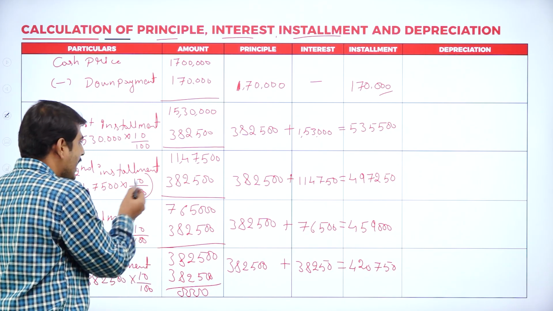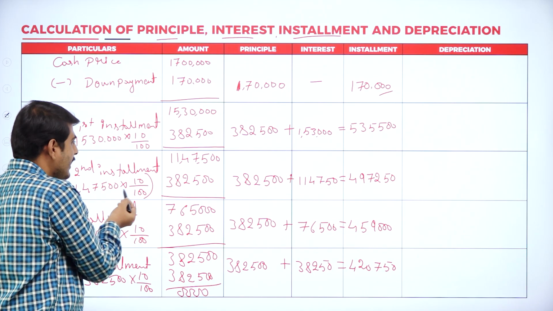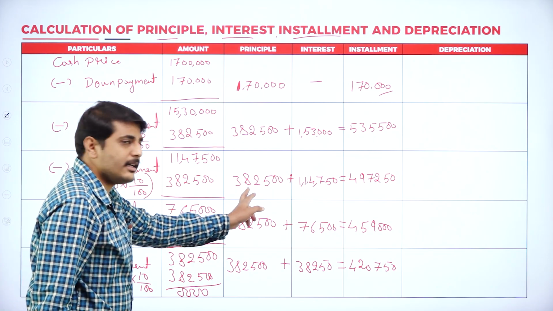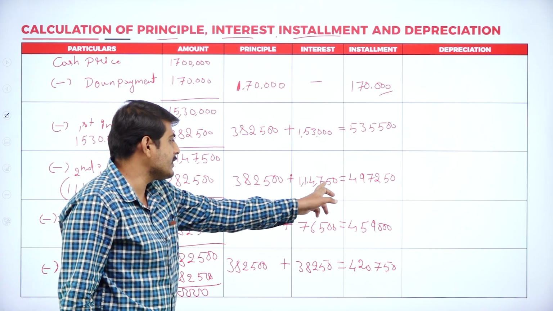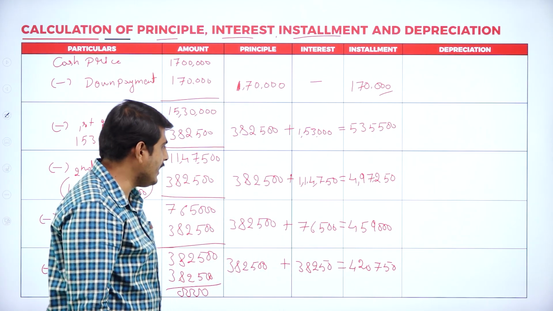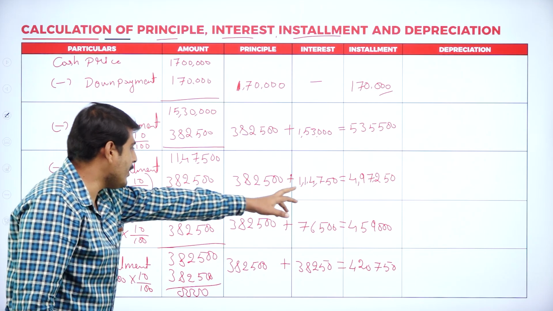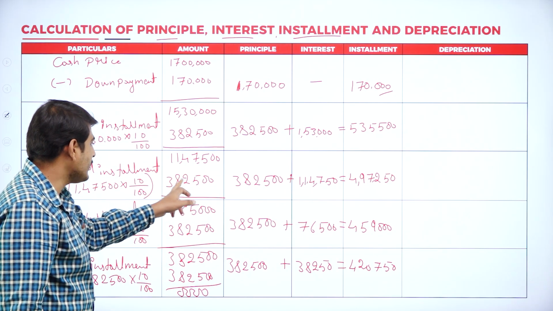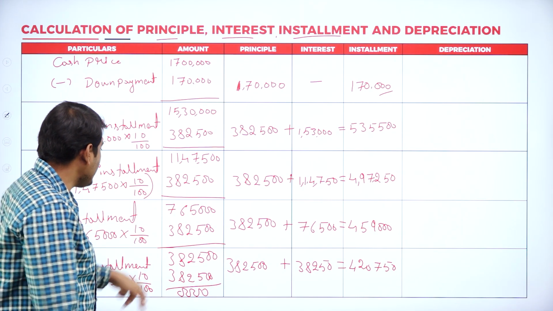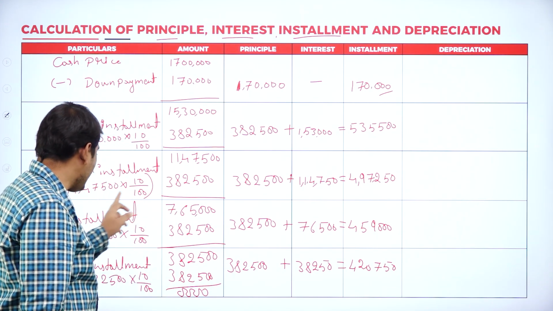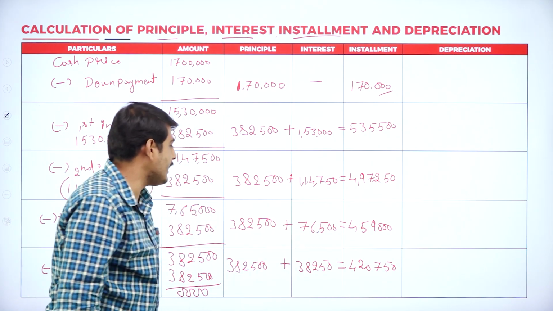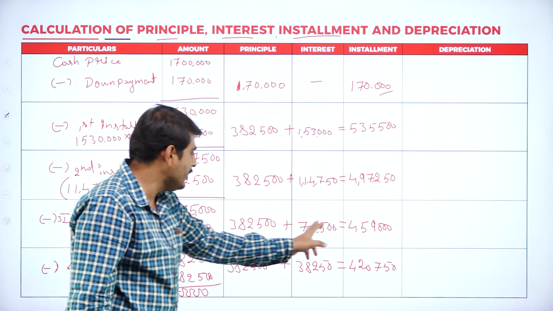You will get 11,47,500. Again, I have to calculate the interest for this amount. I will get 1,14,750. Again, add the principal amount to 1,14,750. You will get 4,97,250. This is the installment amount. Next year also, deduct this amount from total principal amount, you will get 7,65,000. Calculate the interest at 10%. So you'll get 76,500. Add to the principal amount, you'll get